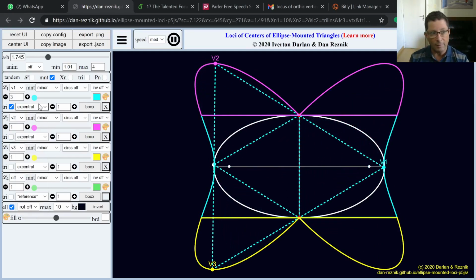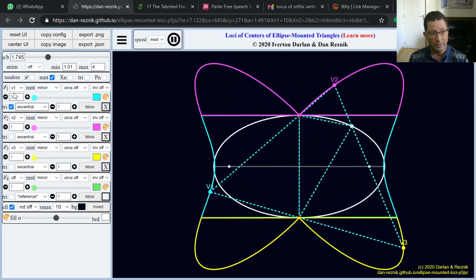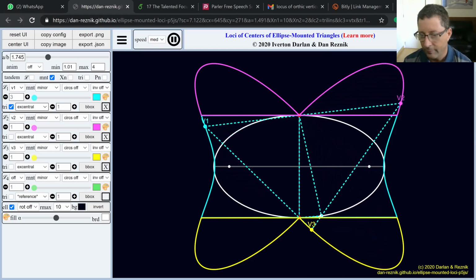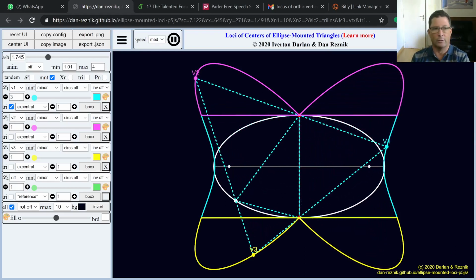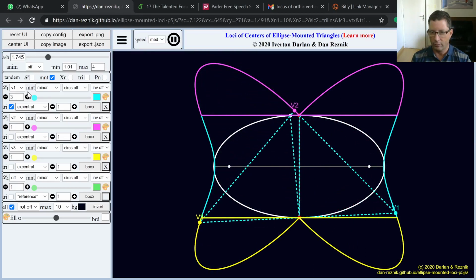And now I have this third dimension, which is what kind of a locus am I going to be observing? Am I going to be observing vertex loci, V1, V2, V3, or am I going to be observing a Kimberling center, triangle center loci? Okay, so I guess that's what I wanted to cover, and I'll see you on the